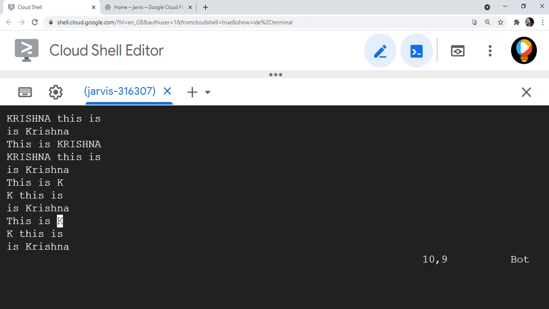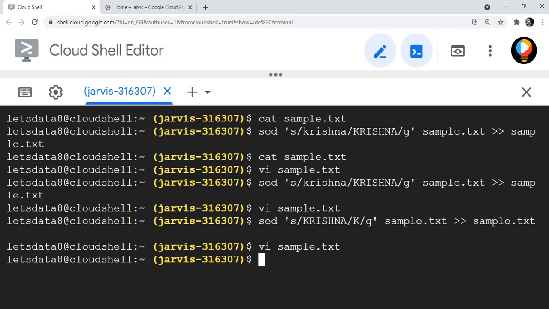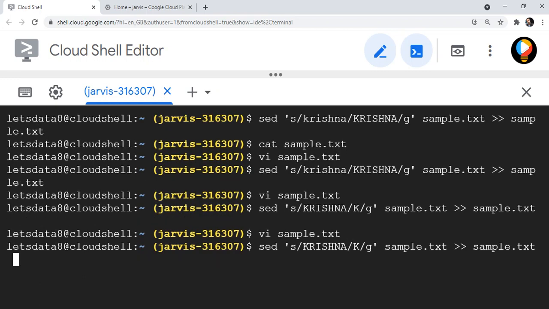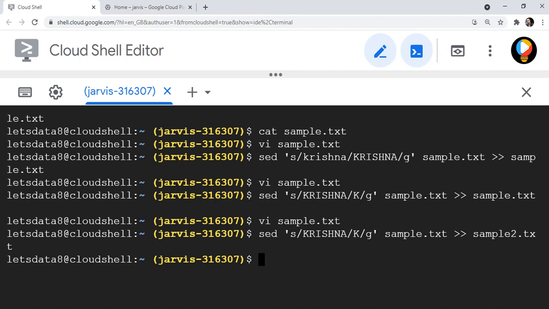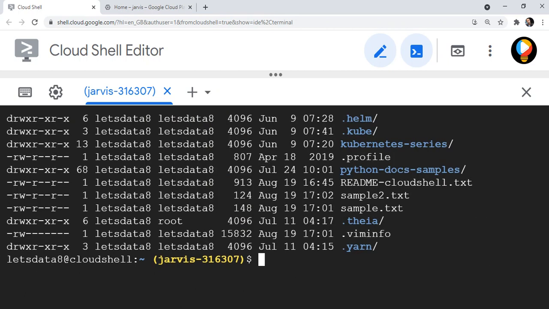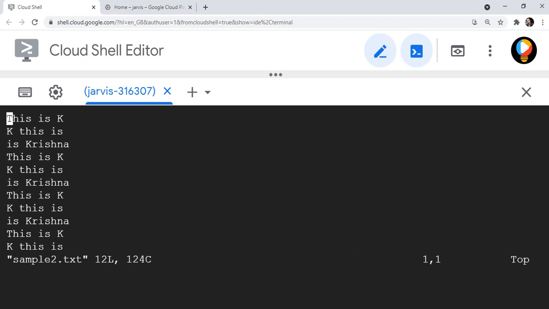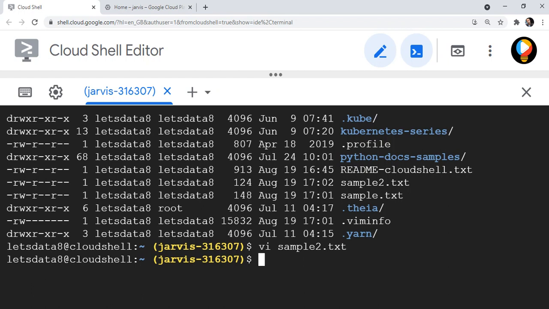Okay, so this is how you can overwrite a file, or you can create a new file next time if you don't want to reuse the same text. So you can create a new file each time as well. You can do something like this, and now I will have two files, sample and sample2. This has everything replaced by K, because it's a completely new file. We already had three repetitions of the same text, and it replaced everything with K. So this is how you can store the results of this command.